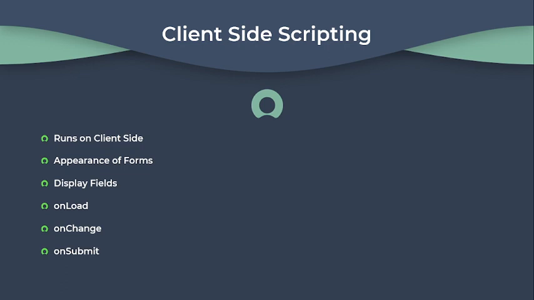There are three types of client script: onload, onchange, and onsubmit. Onload client scripts run when the form or page is loaded. Then onchange client script run when something specific gets changed, and also when the form or page loads. On submit client scripts run when the form is submitted. So let's navigate to my personal developer instance to explore the further.